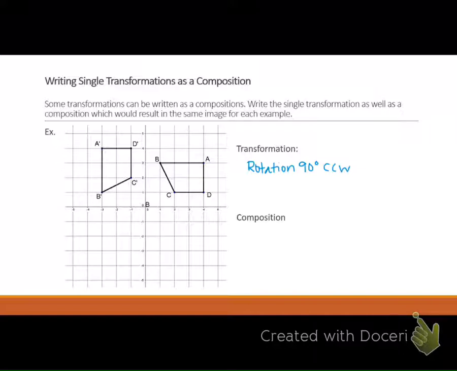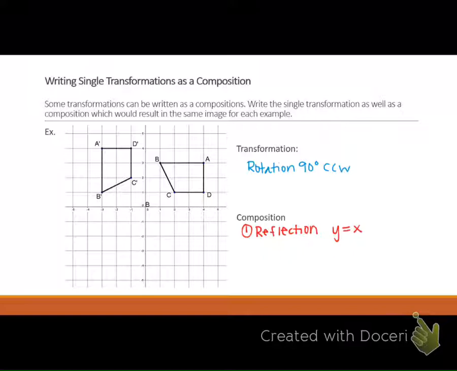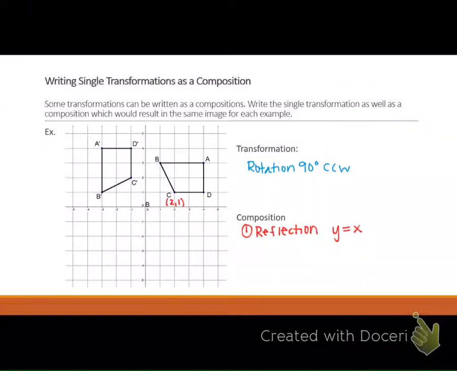So let's look at something here. Sometimes you are going to have to use reflections over y equals x. What happens with the reflection over y equals x? Who remembers what happens with that? It doesn't switch the signs, it switches the numbers. So 4, 3 would become